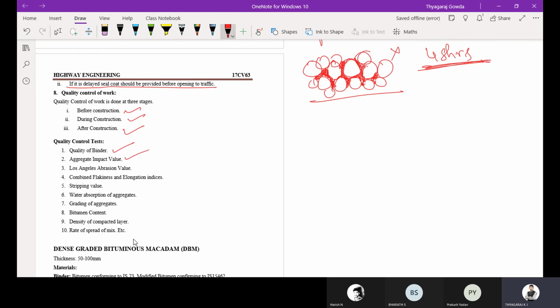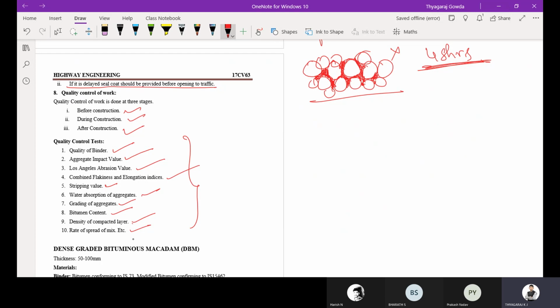Quality of binder, aggregate impact value, Los Angeles abrasion value, combined flakiness and elongation index, stripping value, water absorption, grading of aggregates, bitumen content, density of compacted layer, rate of spread of mix. Okay, these are some of the quality control tests which we are going to adopt for the construction of bituminous macadam.